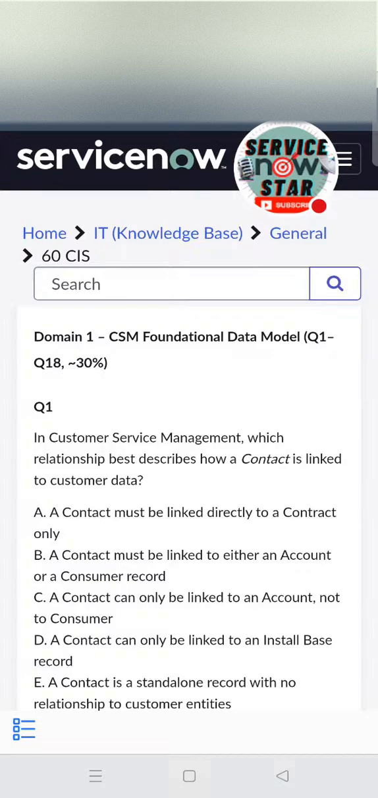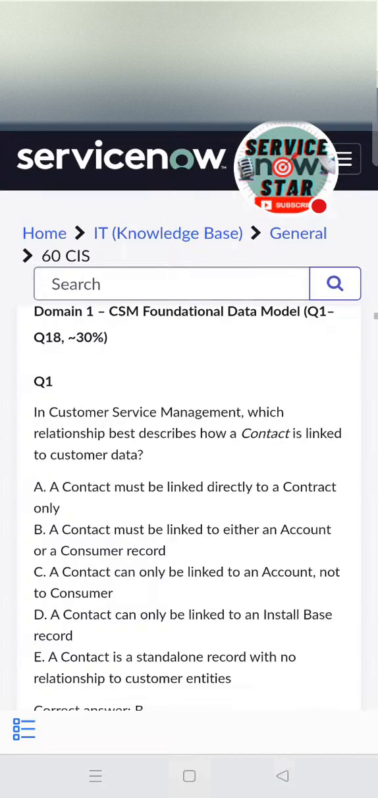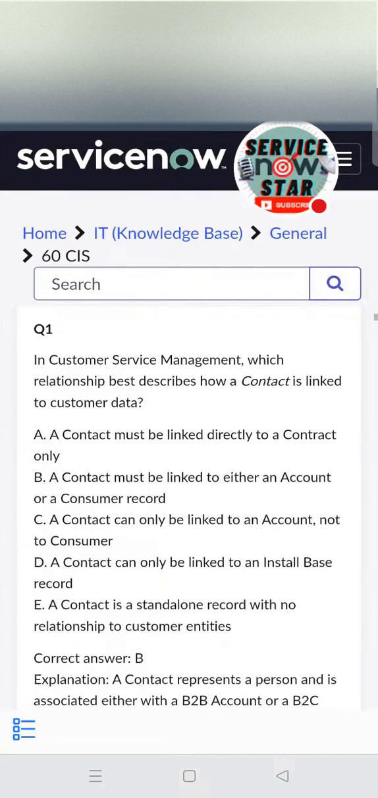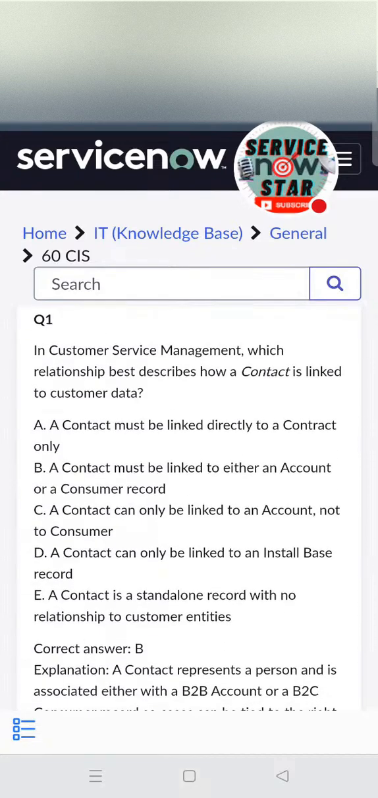The foundational data model. Under that, there are a number of questions, around 18, and this covers the questions that I'm going to cover here. The first question here is, in customer service management, which relationship best describes how a contact is linked to